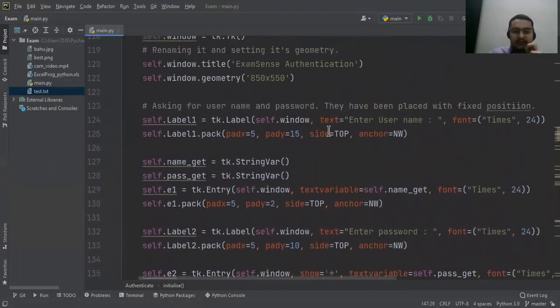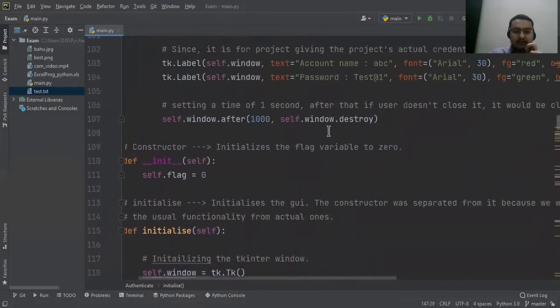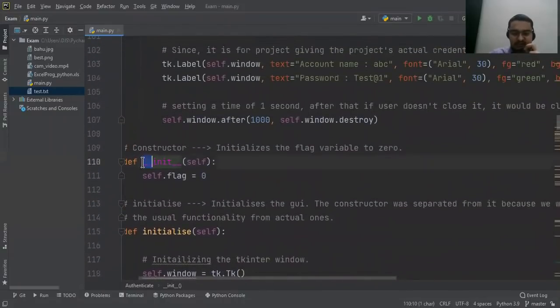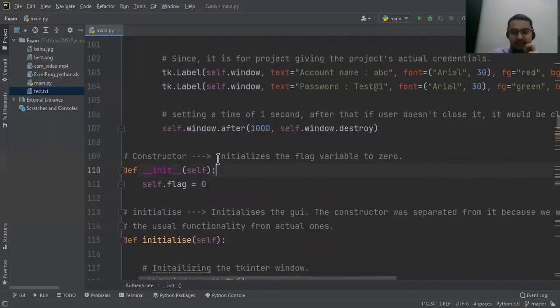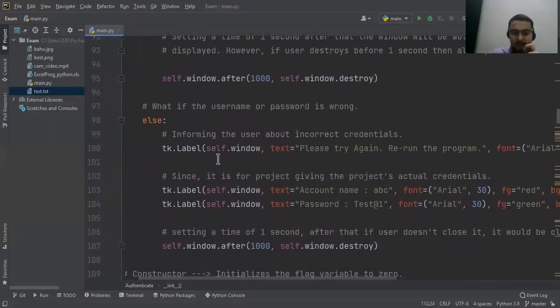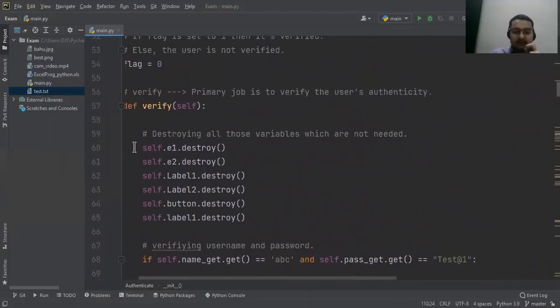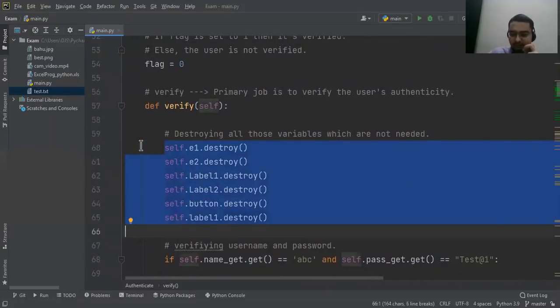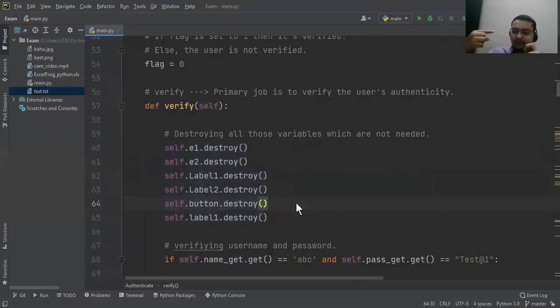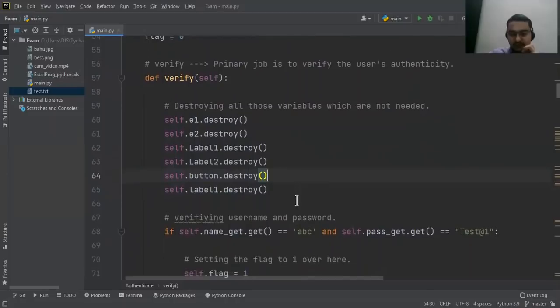Now, let's get on to the initialization phase, which is the constructor. Essentially, as I said, the variable would be marked with 0, which means that the user isn't verified. On click of that button, I would first destroy every label and every button that is in front of you, so that you cannot make changes to that particular code, which essentially means that you would have to run it again the next time.